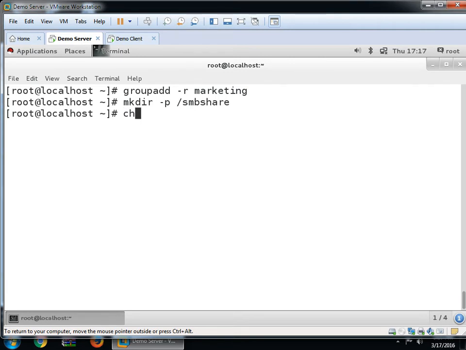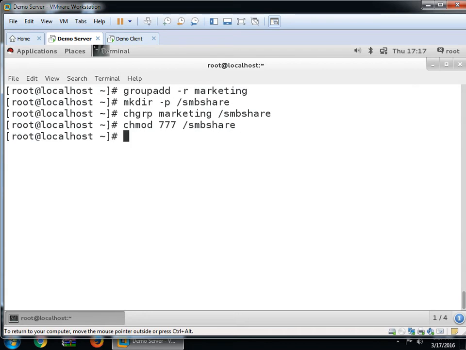Now give this ownership, marketing on smbshare, right? After that give chgrp and chmod to give full control permission on this folder, suppose smbshare.